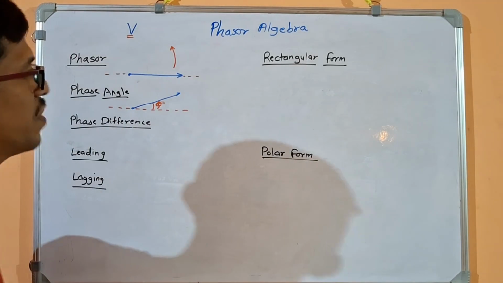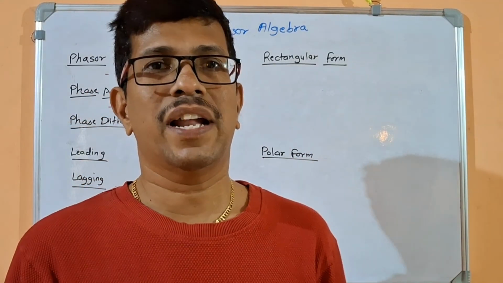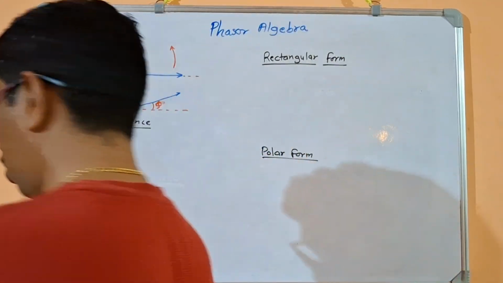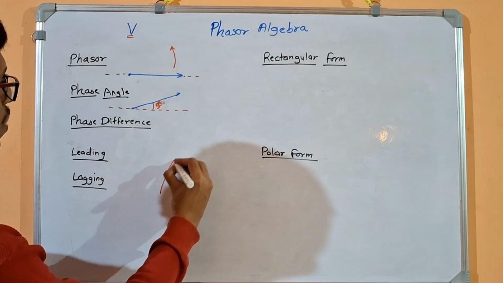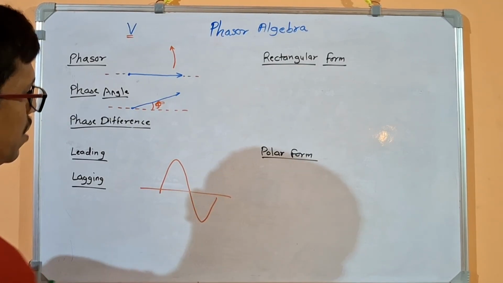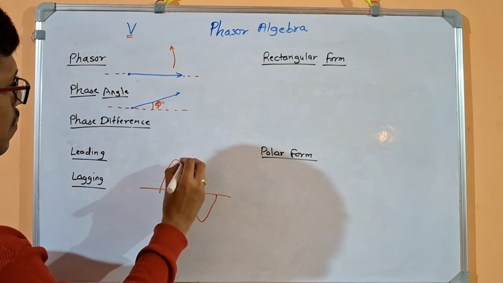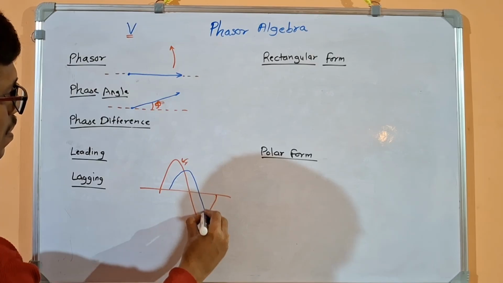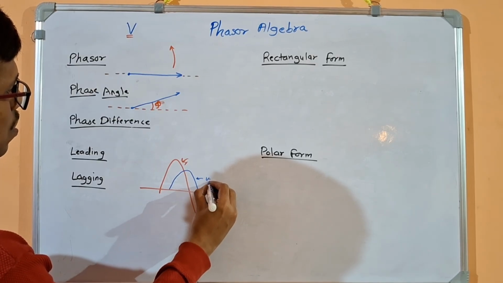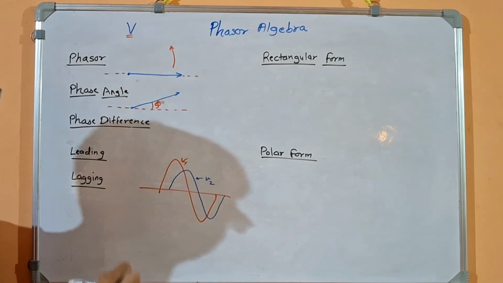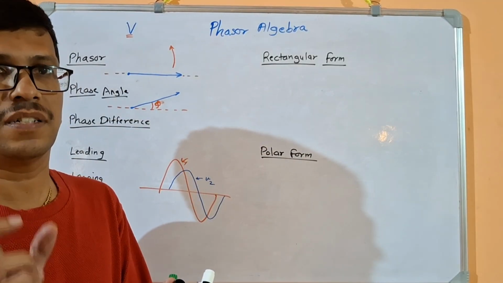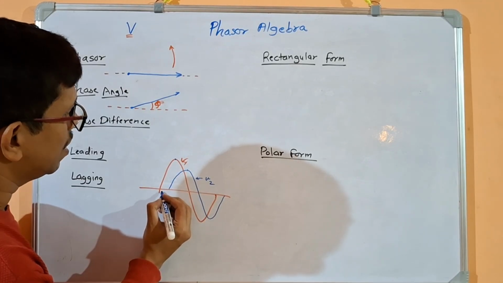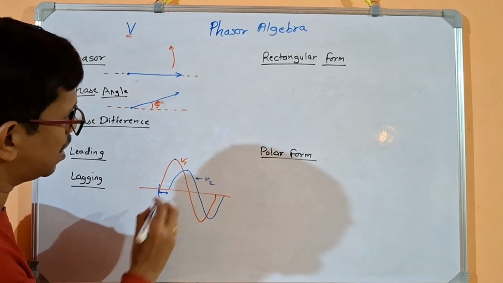Now what is phase difference? So there are different waveforms in a system, not only voltage. Suppose we are having two voltages. One voltage is moving like this. Okay, this is my one voltage V1, and there is another voltage which is moving like this. Okay, this is my voltage V2. So if you see, they are attaining their maximum value at different duration of time. इथे V1 इथे max होतोय, V2 इथे max होतोय, आणि हा स्टार्ट होतोय 0 पासनं आणि हा स्टार्ट होतोय